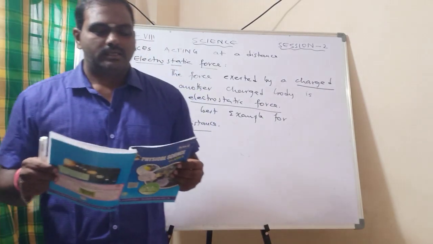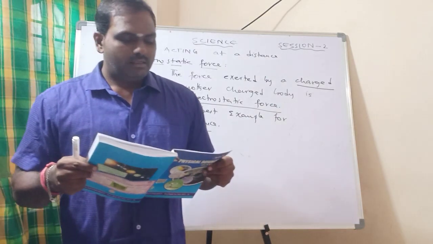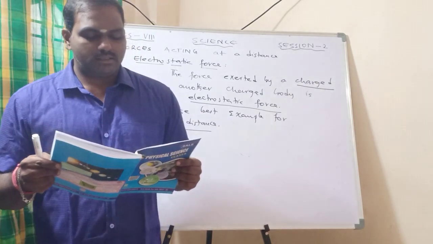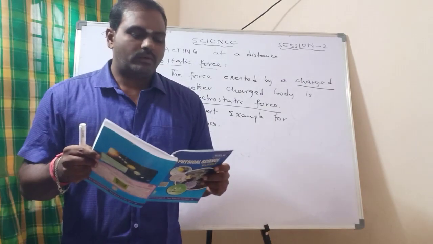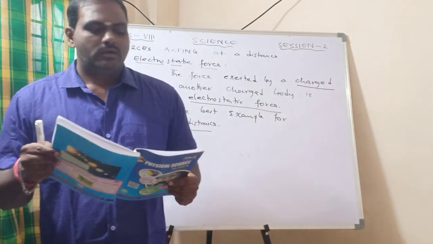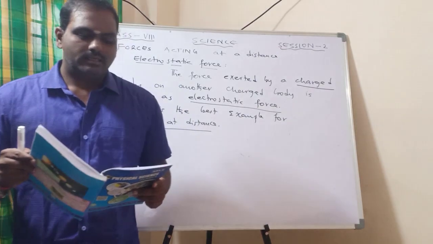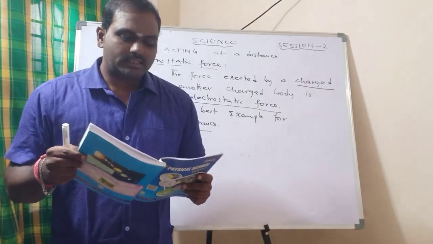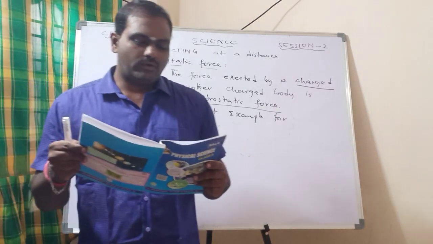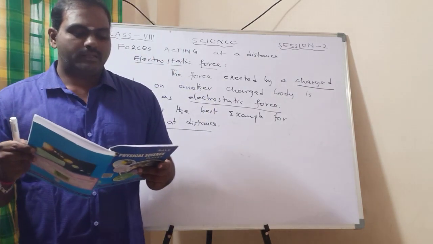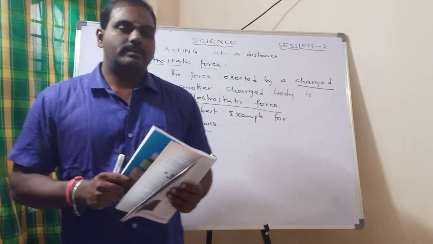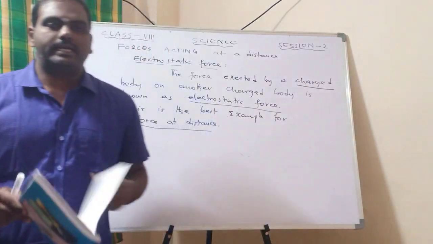So we can say that when the balloon is rubbed with the paper, it acquires an electrostatic charge on its surface. The balloon is now said to be a charged body. When it is brought near the bits of paper, the pieces acquire the opposite charge, will rise and cling to the balloon. The force exerted by a charged body on another charged body is known as electrostatic force. This force comes into play even when the bodies are not in contact. It is the best example for force at a distance.